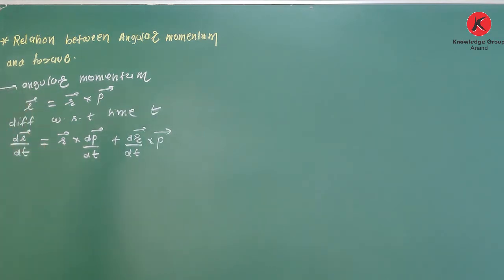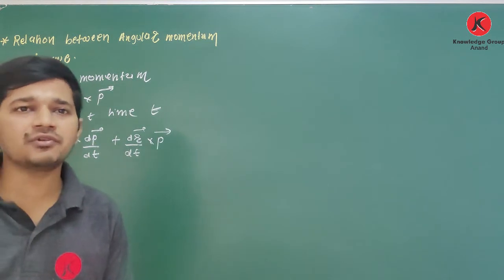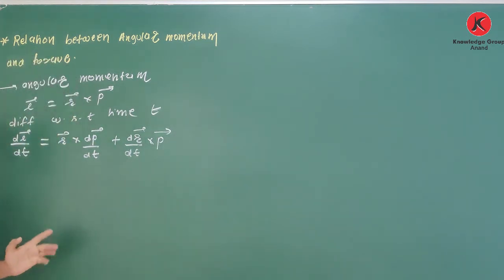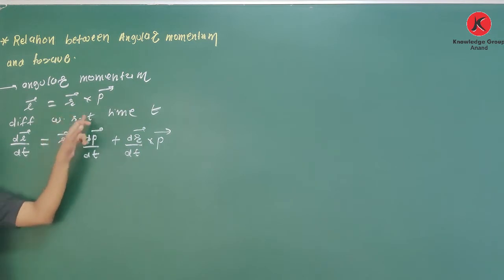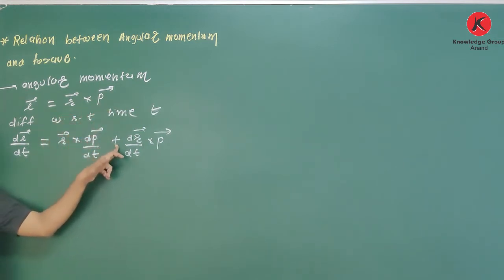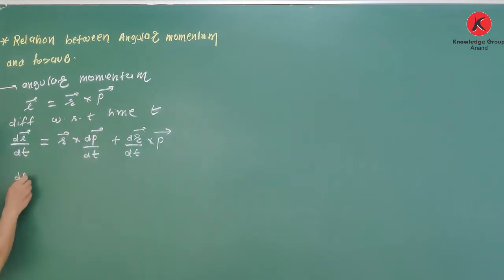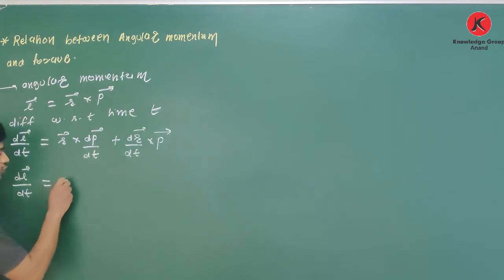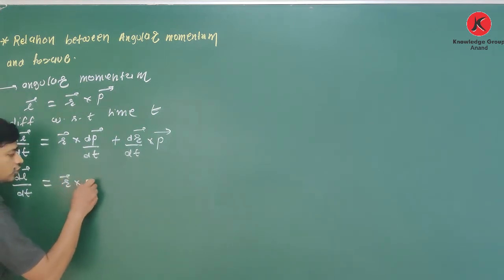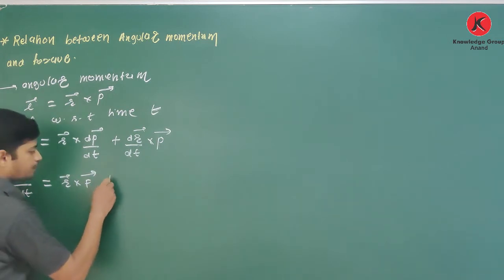Whenever you are given two terms in multiplication, this is the rule. So here dL upon dt is equal to r cross dp